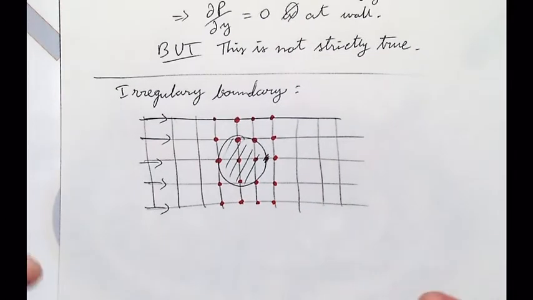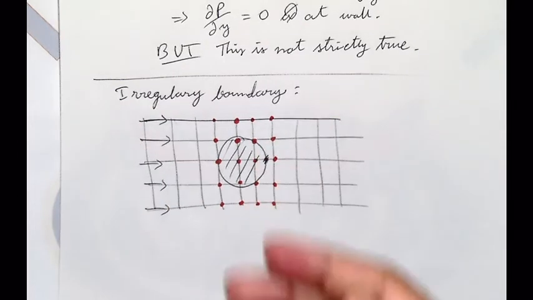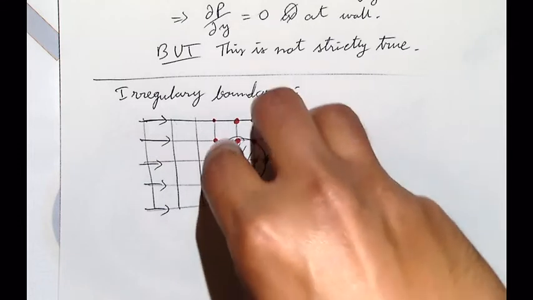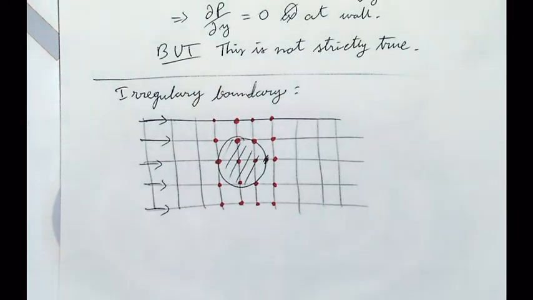Is it clear? We're just taking our full domain and discretizing it again. Some of the nodes are occupied by this obstacle, which in this case is a cylinder. In 3D, it will just be a long stick, and we're looking at a cross-section. What do we do now? We again have to go through the same steps of worrying about what pressure boundary conditions and velocity boundary conditions to use.